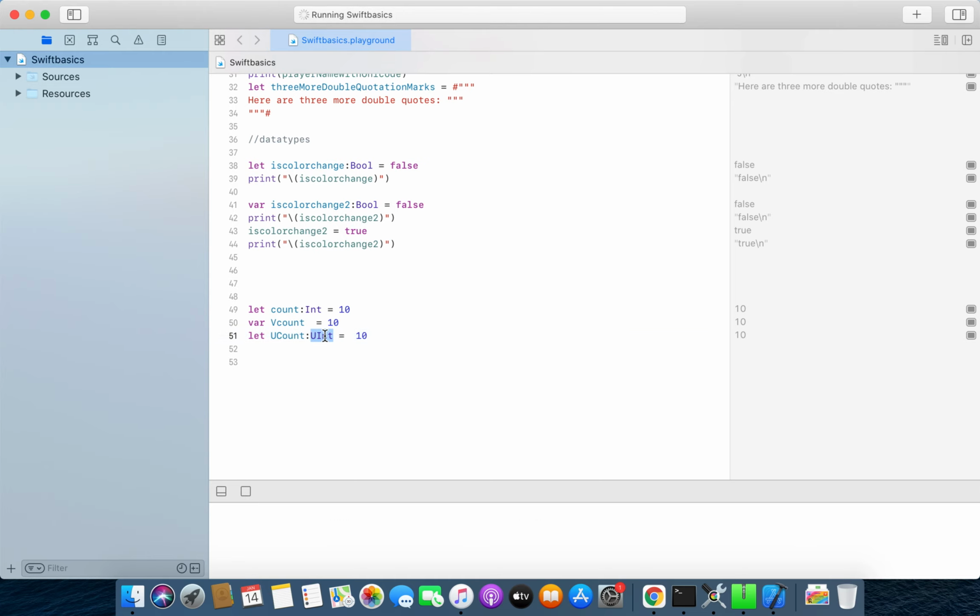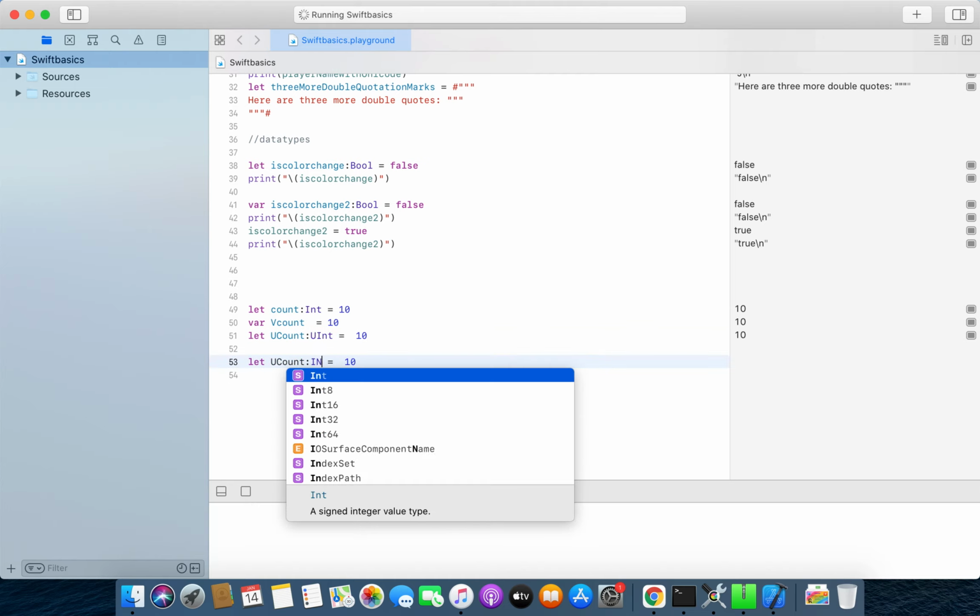So basically you use Int for positive numbers, negative numbers and 0. Most of the time we don't use UInt, we use only Int. The most commonly used integer data type is Int, but you can also use UInt where you know that your variable is not going to be a negative number. Now let me use an Int8.